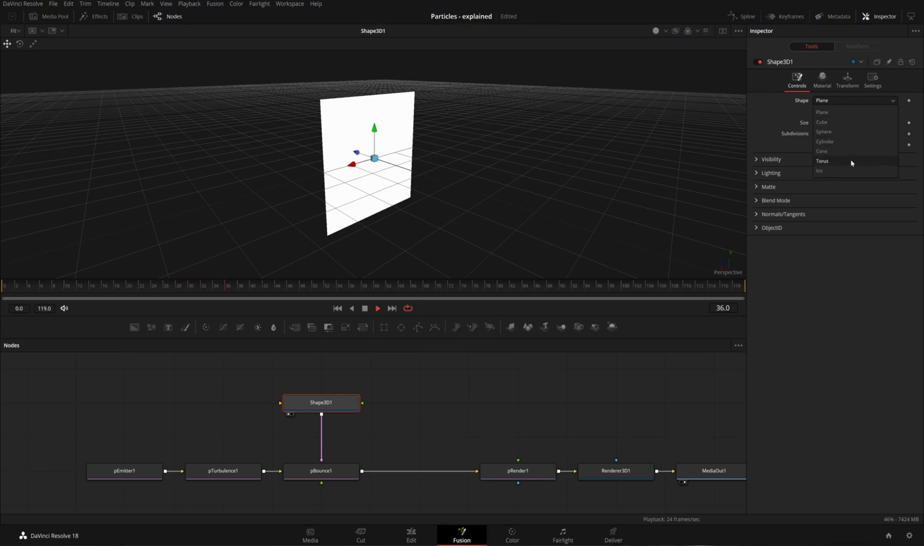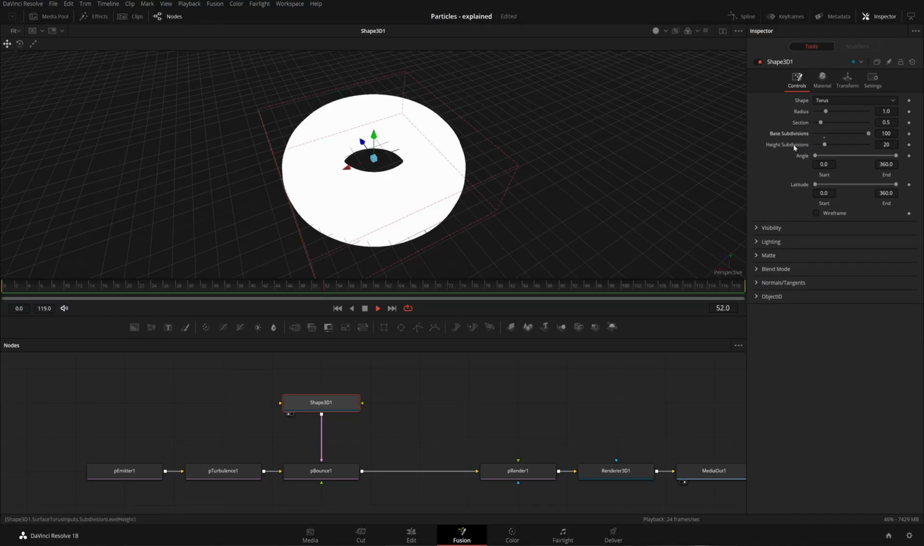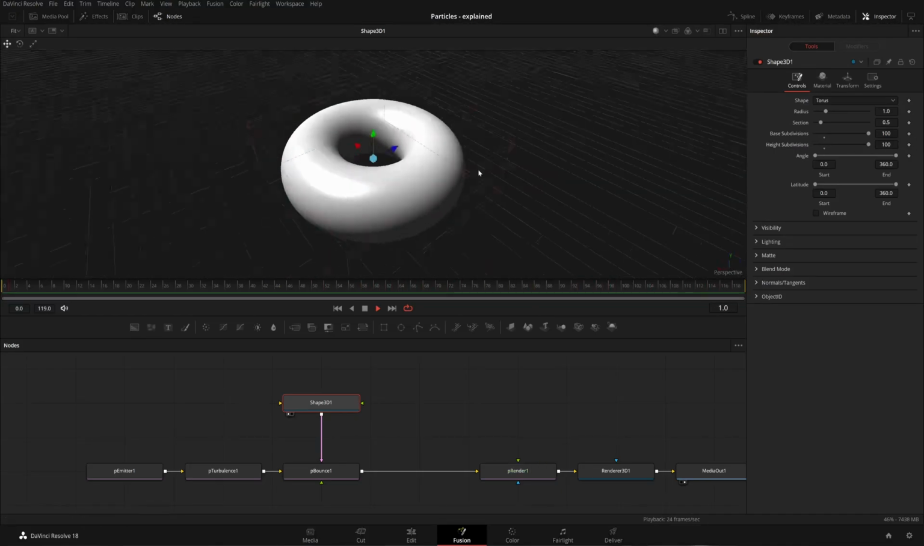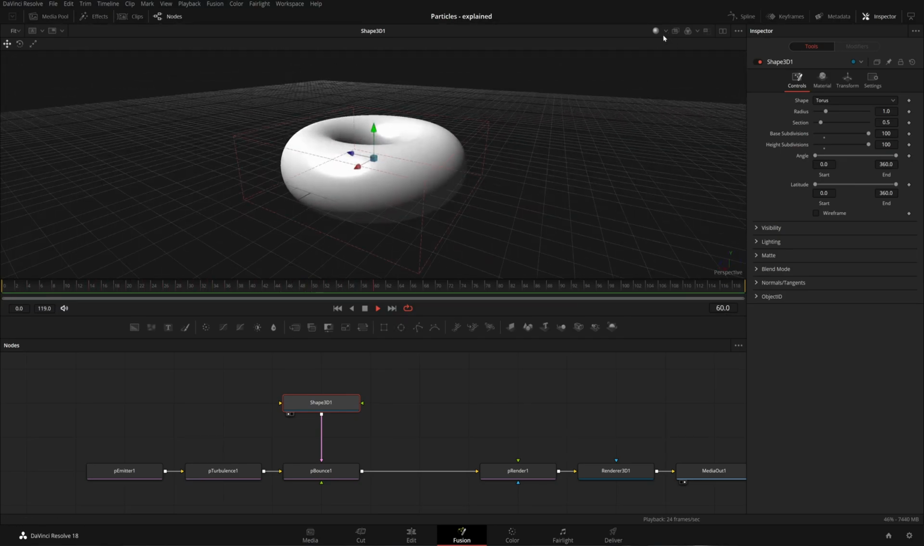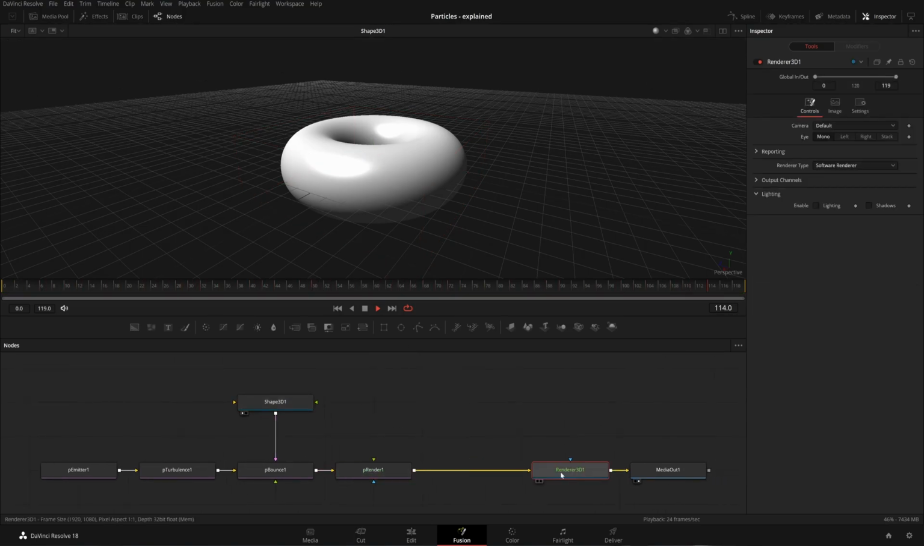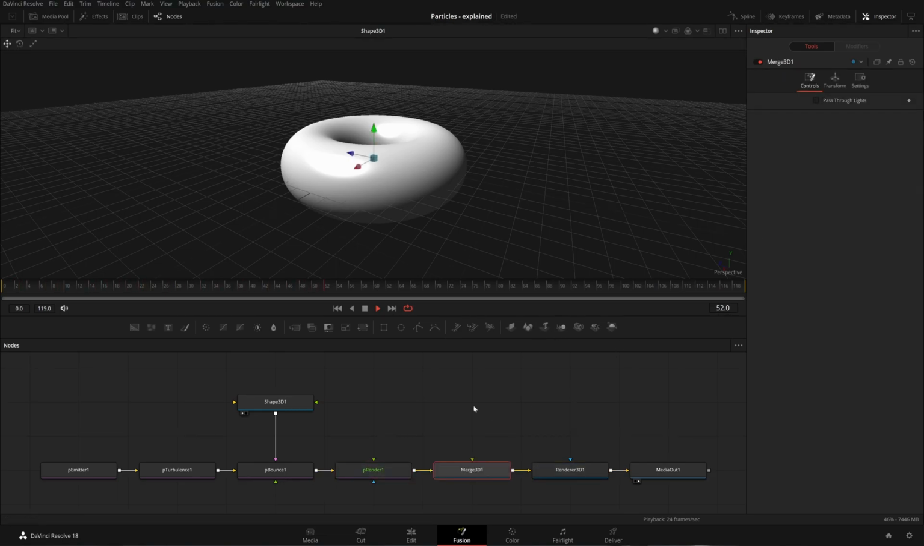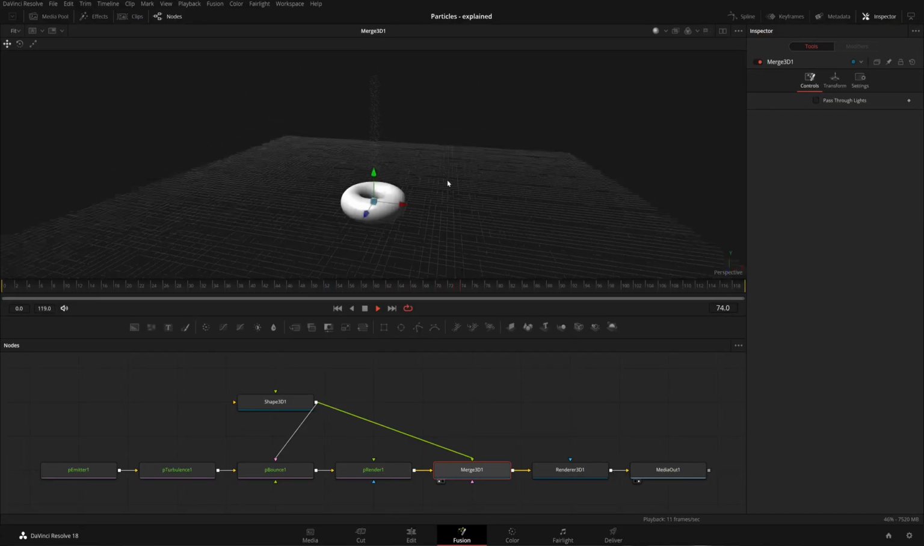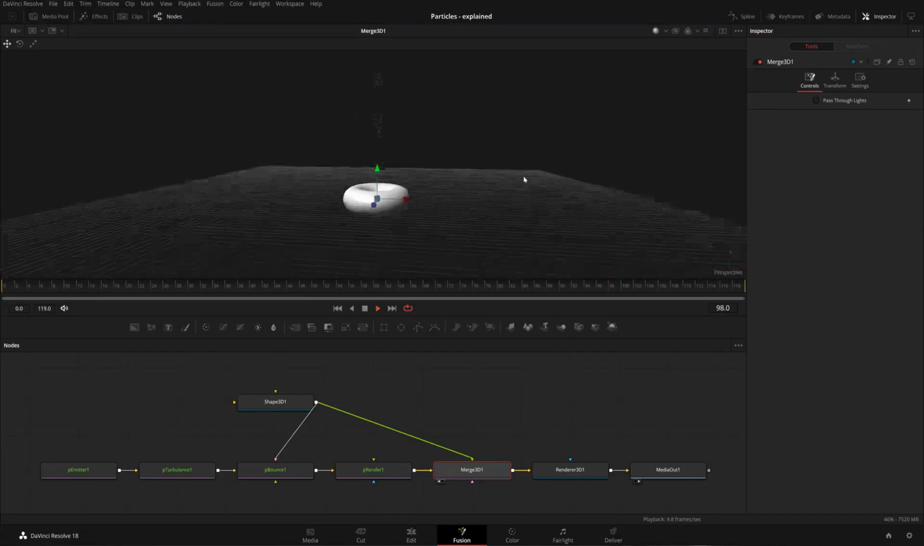So instead of plane, let me just change it to this torus, increase my subdivisions to 100 so that it's smoothened out. I'll click here for lights and shadows. Now it's light, you can even go to shadows by clicking over here, whatever. And then I'll come over here after p-render, add a merge 3D node and bring the shape 3D to this merge also, so that we can see both of them together. And I think yes, it's working